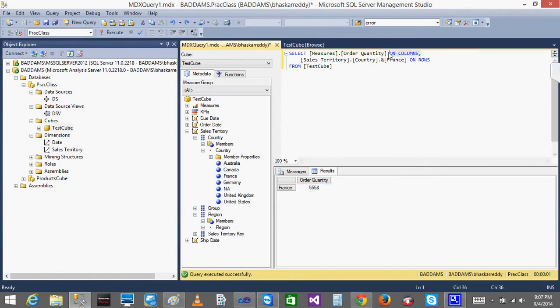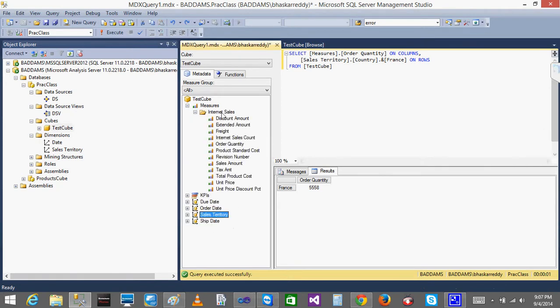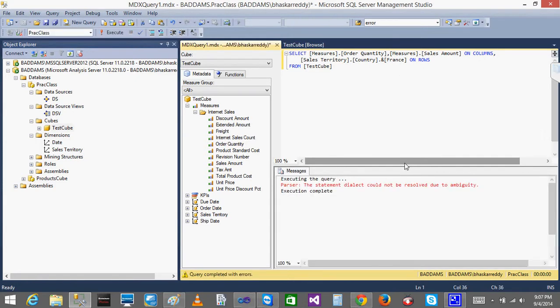Always the columns are nothing but the values. Always the column should have the measures. See, now I got the order quantity. Now if I want multiple measures, I'll go here to measures. Apart from the order quantity, I also want the sales amount. So I need to separate both, keep a comma and separate them. But when I execute this, now it will show an error. See, the statement